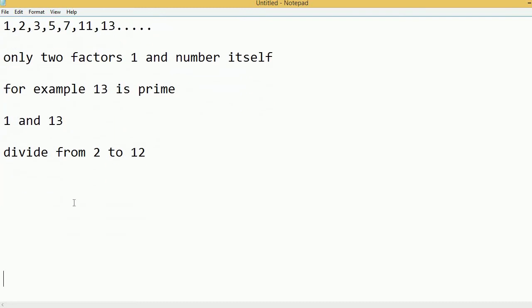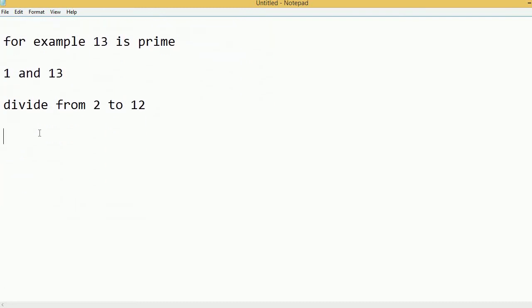Before starting our second example, first we will see how we can find whether the number is prime or not. For that I will take one variable, which is count, that will count the factors of this particular number. For example, I have taken the number 13. If factors are available in the number 13, they will be counted in the count variable. Now I will initialize this count variable with 0. If a factor is available, then the variable count will be incremented, right?